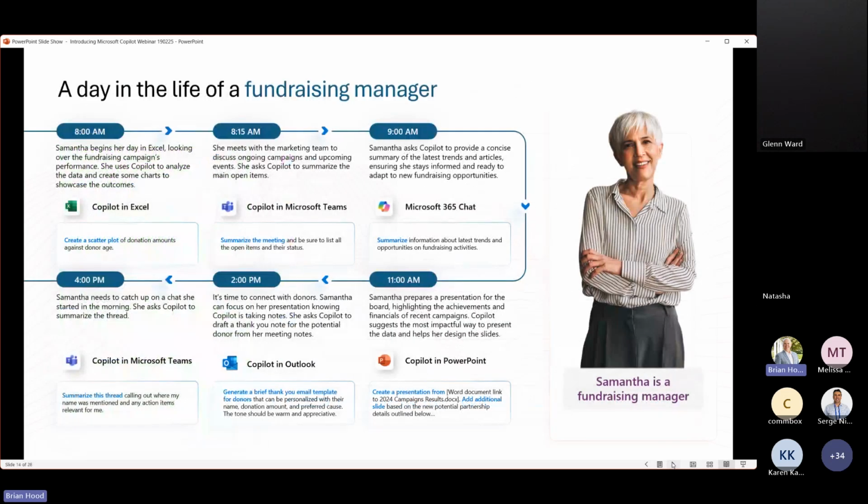So again, another example. I know we've got a lot of representation here today from a couple of our not-for-profit clients of IT&T. So I just wanted to use this slide to demonstrate what a day in the life would be. In this case, a fundraising manager, Samantha, begins her day in Excel. She's looking at the overall performance and using Copilot to analyze the data and create charts. At 8:15, she's meeting with the marketing team to discuss ongoing campaigns,